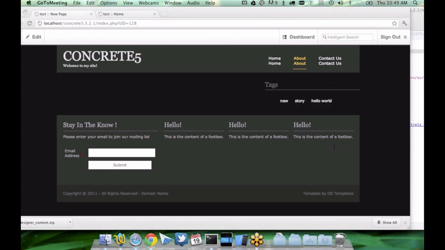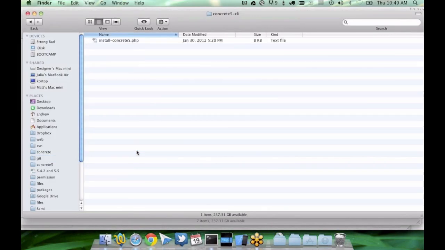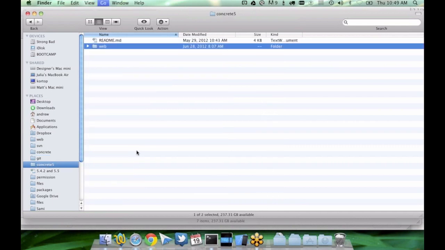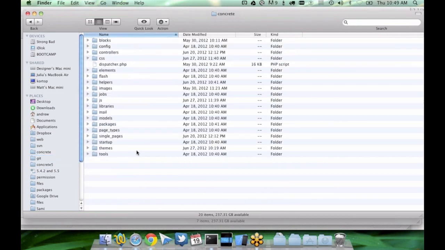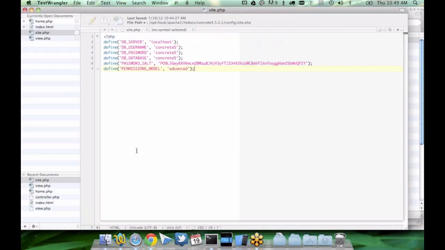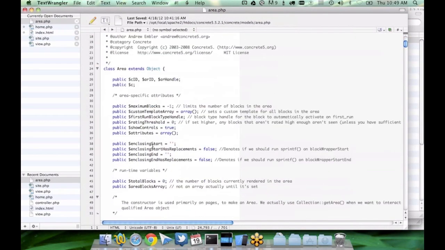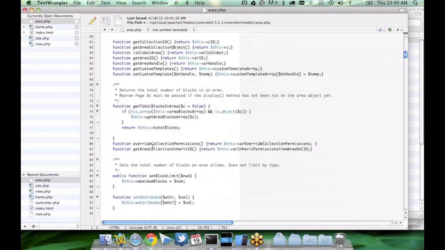Oscar asks, can I set a default template to a specific block area? I don't recall, actually. There was at one time a way to do this, but I would be lying if I said I was positive that it was working going forward. This is something to look at in the area class. There is a function called,